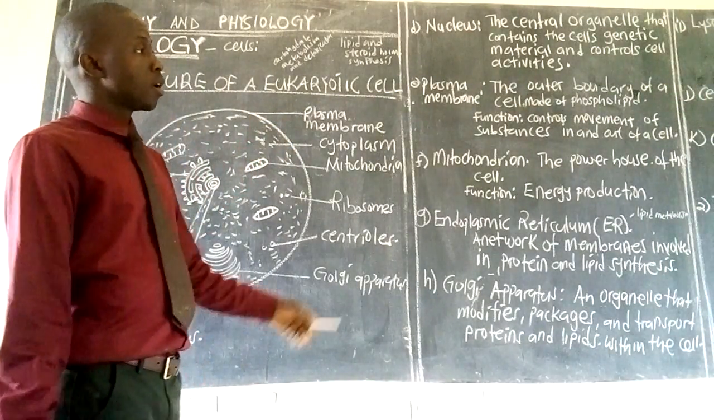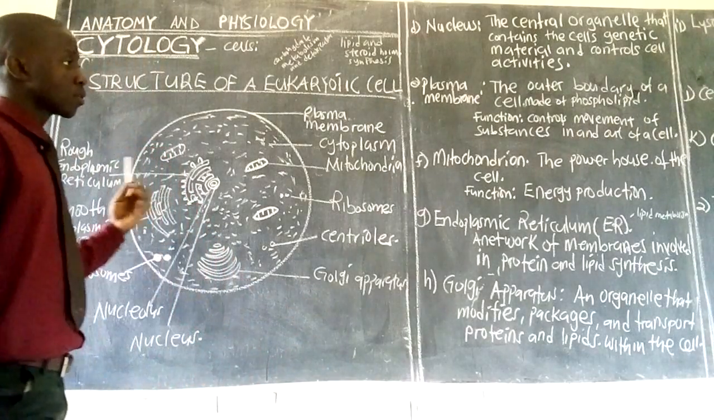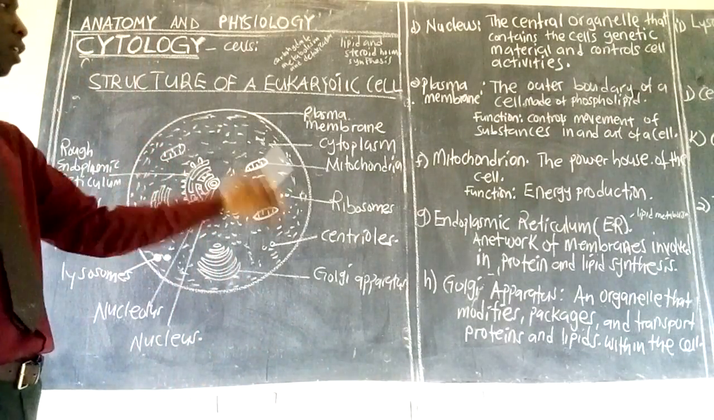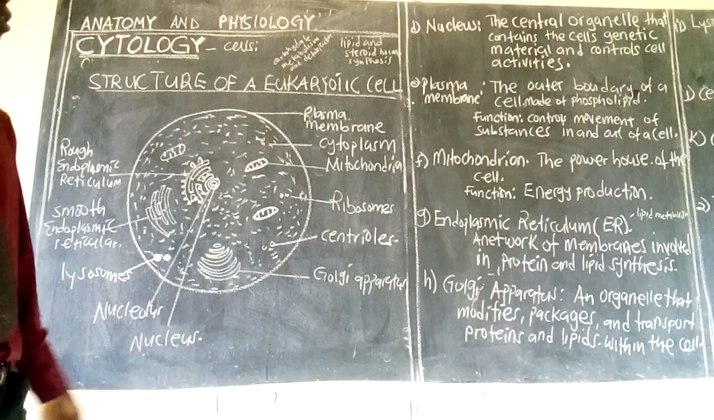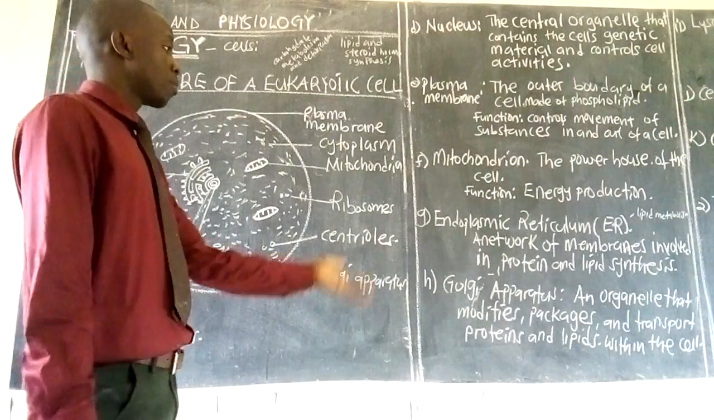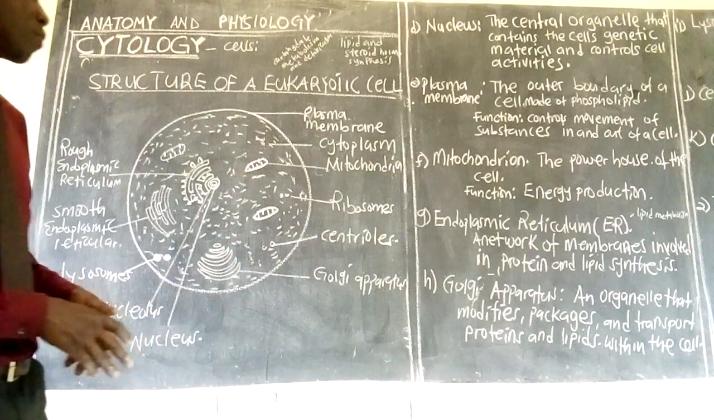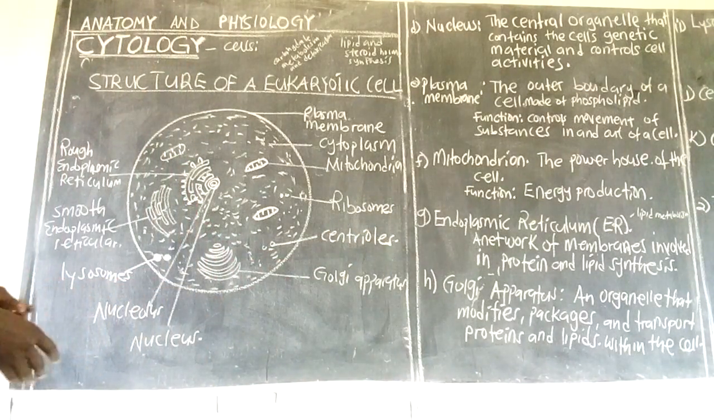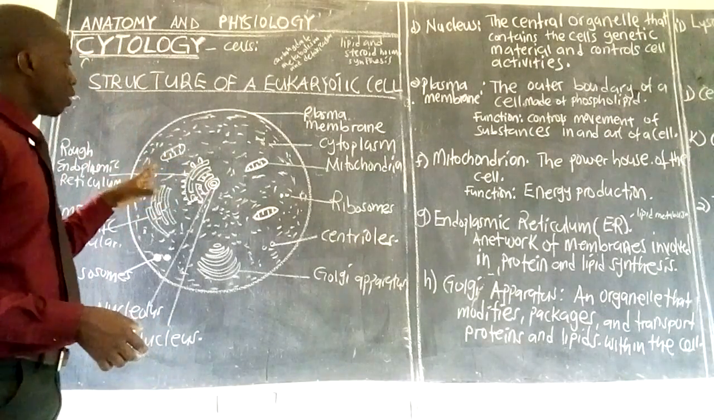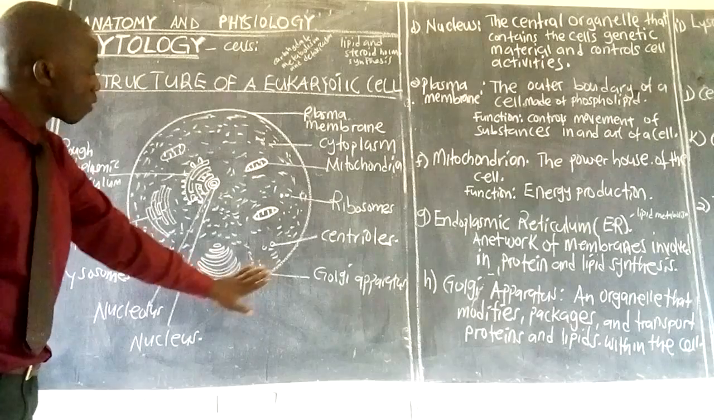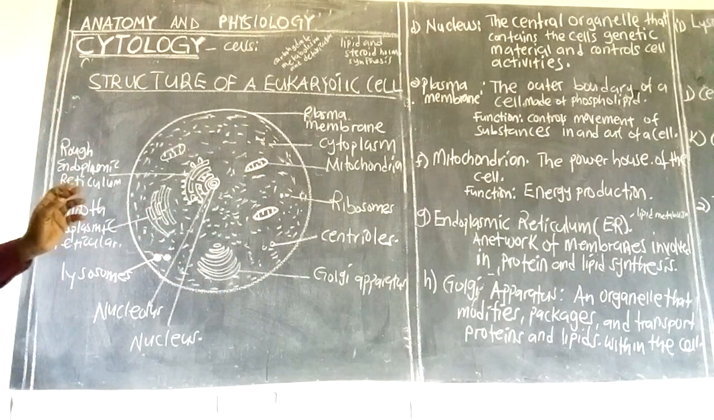Prokaryotic cells are found in other species such as bacteria like E. coli and Staphylococcus aureus. You can also find them in archaea, which are mostly found in extreme environments. So, when they ask you about a eukaryotic cell, this is the structure of a eukaryotic cell, and this cell